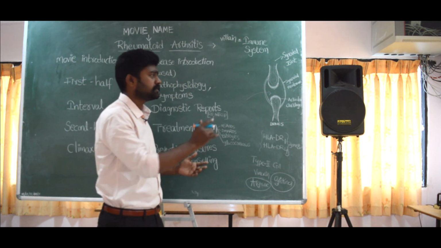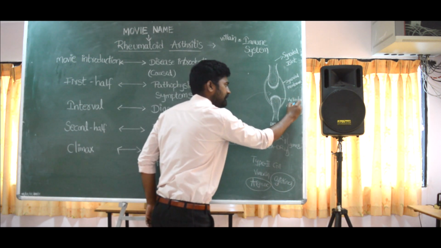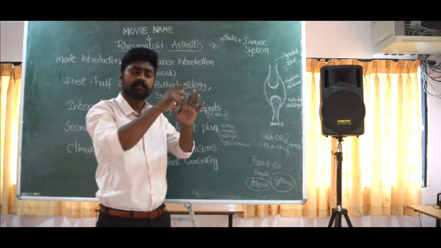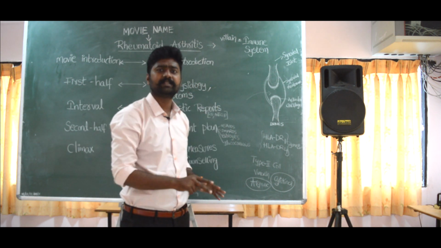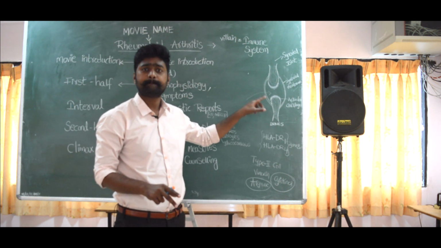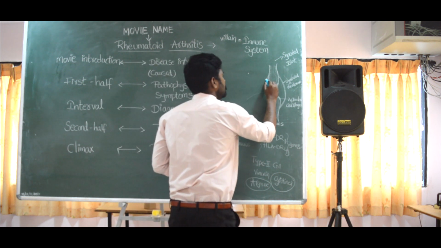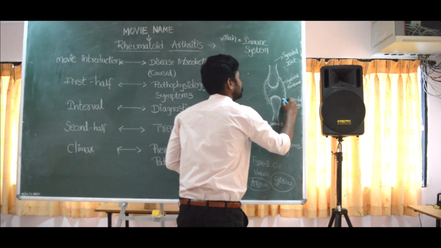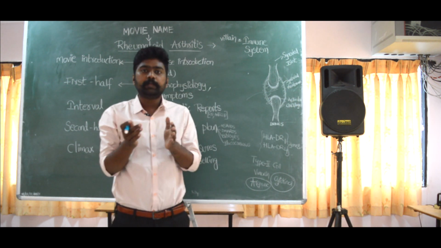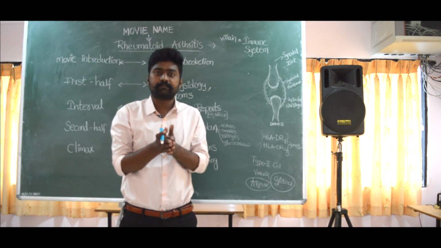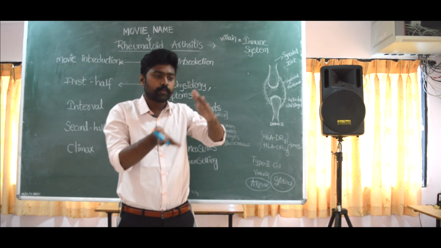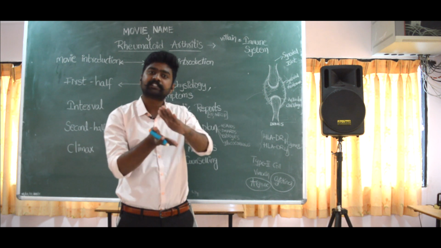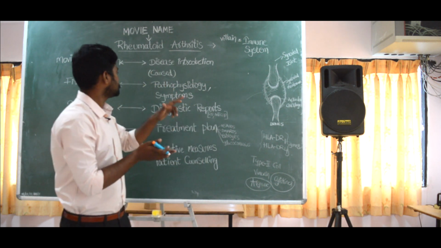Inflammation means what happens? The articular cartilage gets damaged, the synovial membrane along with synovial fluid, along with blood vessels, everything gets damaged and they form pannus. Pannus means, you see, this entire thing gets disturbed or damaged. So now what happens? The lubricating structure or the protective cushion got damaged. So when these bones slide against each other, it causes pain. It causes inflammation. We discussed the symptoms.